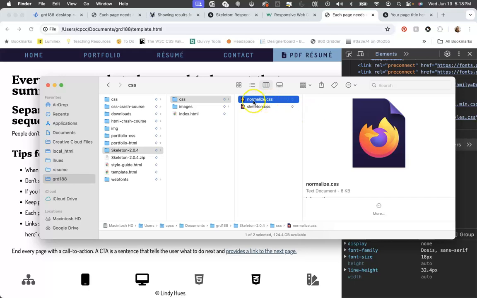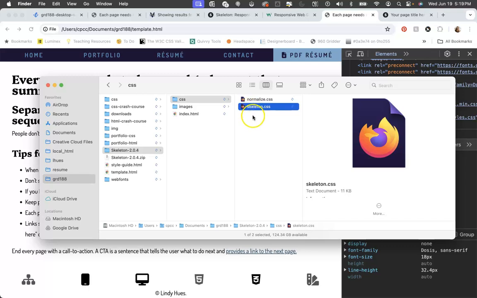So we want to add Normalize, and normally we would start, by the way, with a CSS reset. So the fact that we've gotten this far in the design process is unusual. Normally for a website, one of the first things you would add would be a CSS reset that you use on a regular basis. But since we're just learning about web design, we're doing some things out of order because you really wouldn't know why you needed a CSS reset until you had worked with CSS a little bit. And then Skeleton obviously is a style sheet that's going to give us our responsive grid